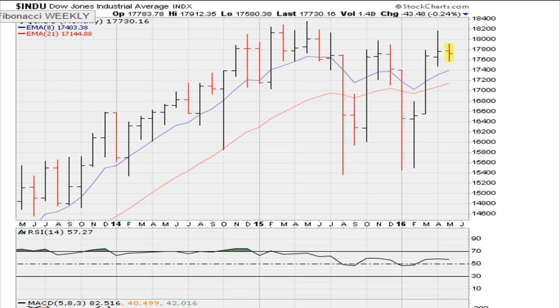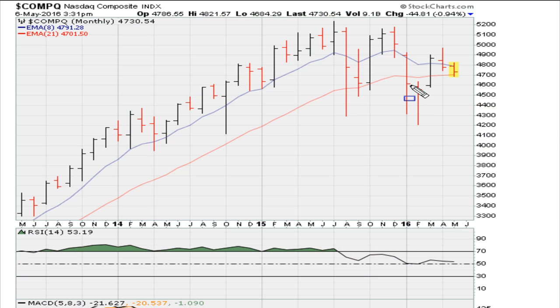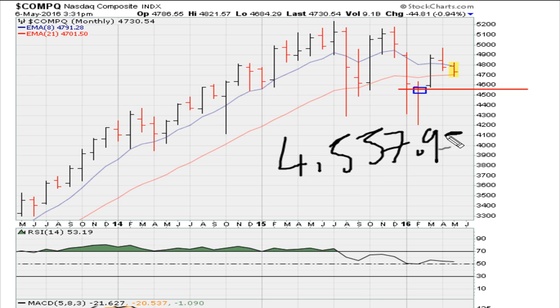Take a look at the Nasdaq, because the Nasdaq has a slightly different point of view. Here on the Nasdaq, we can see the possibility that the market could actually take out this monthly closing low for 2016. So set an alert there. Should the Nasdaq break below 4557.95, any break of that would actually be a major sell signal. So just keep all those numbers. Either we get a breakout in the S&P 500 or the Dow, or maybe the market turns down and breaks through 4557.95 on the Nasdaq, which would be a very bearish development.